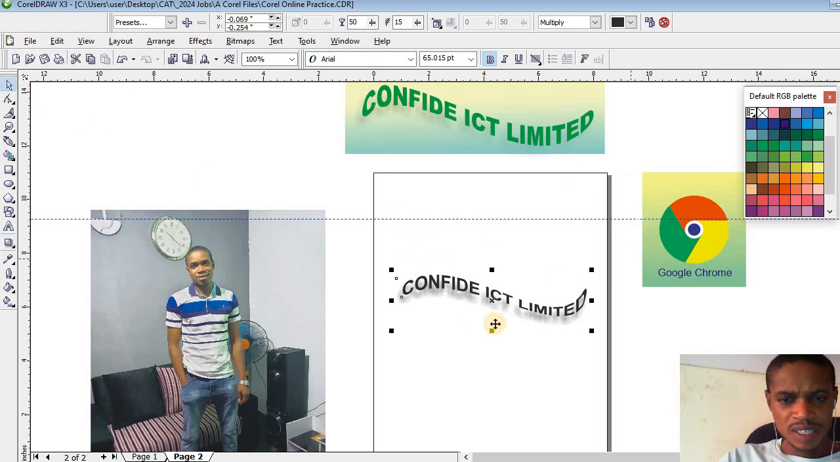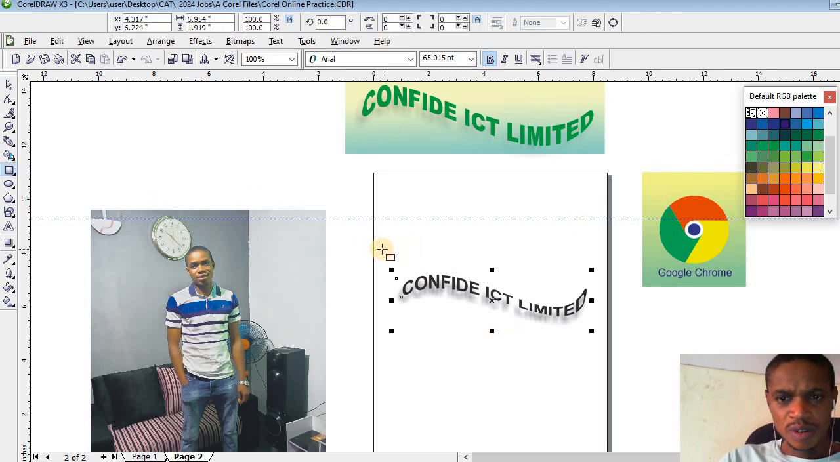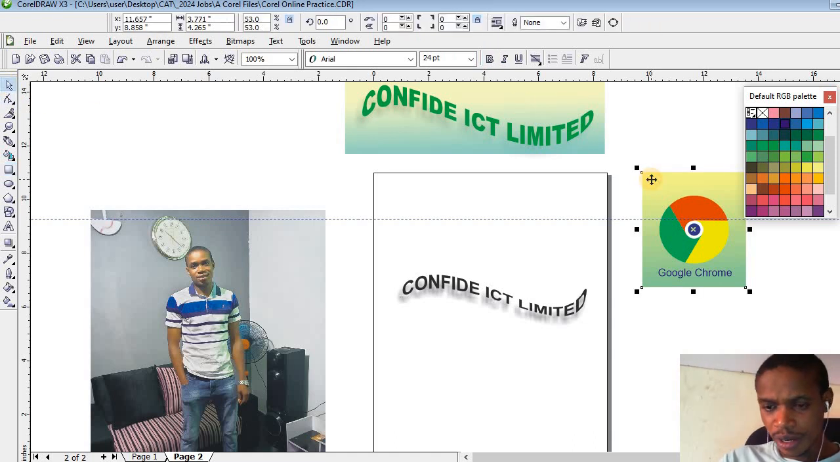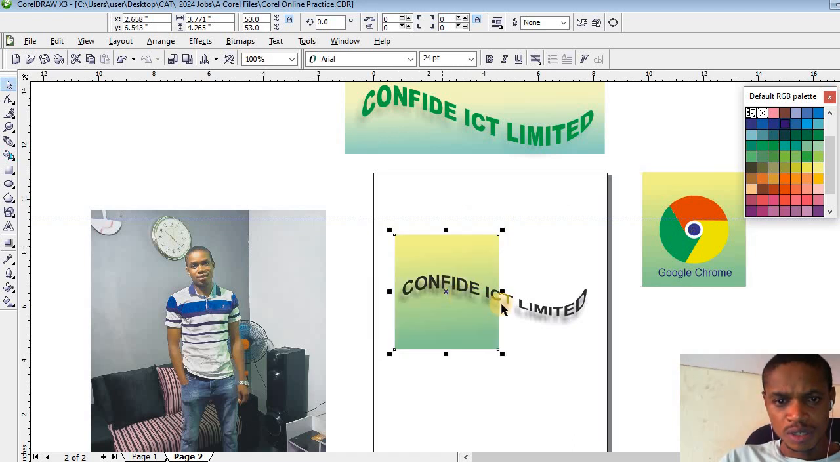It was this background we use. You know how we got the Google Chrome background? We knew how it was drawn. We knew how we drew it. So just for us to select it and place it there, expand it. That's all. Instead of us to be stressing ourselves,